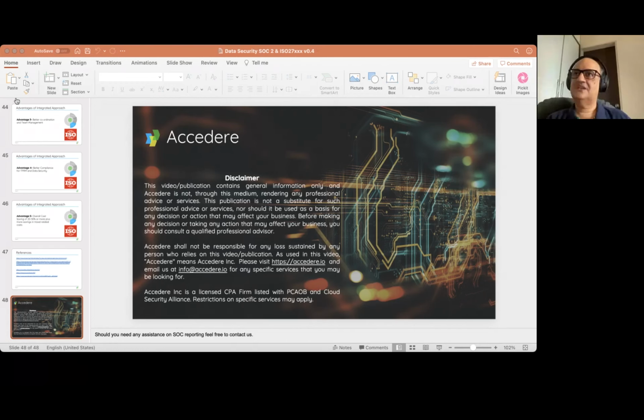Secondly, we discussed that 27701 or any 27xxx standards do not report on operating effectiveness, right? If you see how 27xxx audits are done, the auditor comes, the stage one audit is done, you have policies in place, then the stage two audit comes, and the number of days is calculated based on the number of employees. They don't go in depth sometimes. Auditors may have limited visibility of privacy exposure. They will apply their own thoughts on whether you are doing privacy right or wrong, and they will certify you based on stage one and stage two.